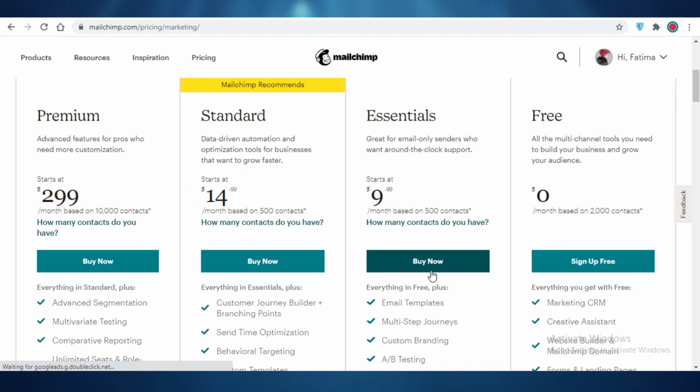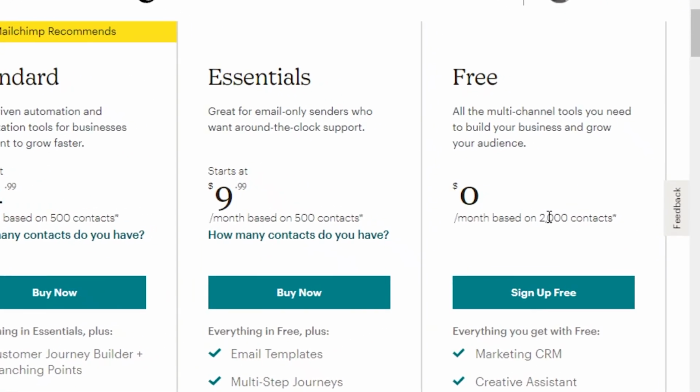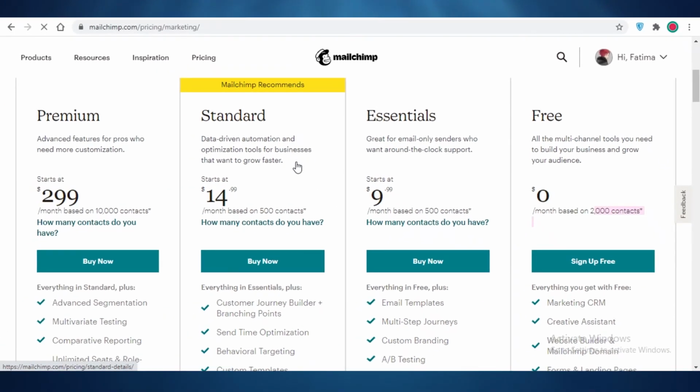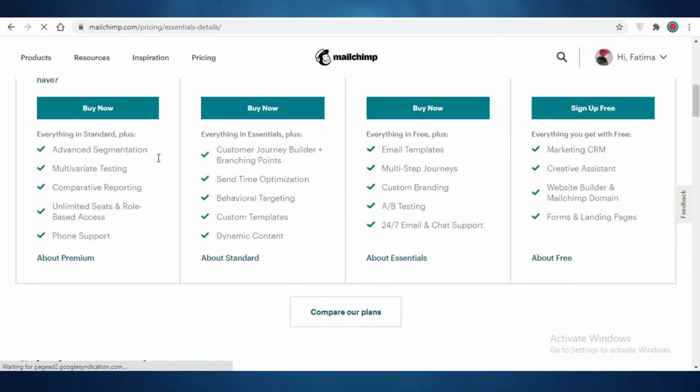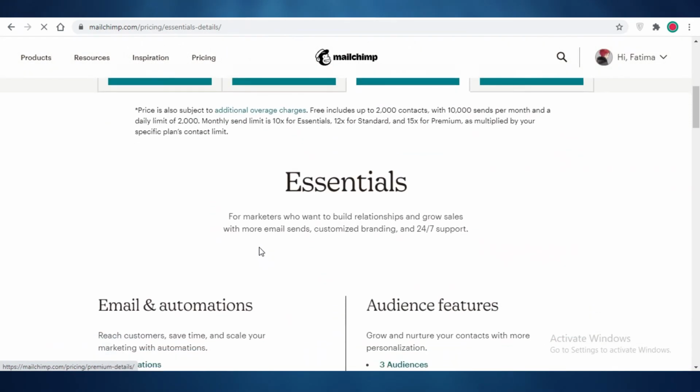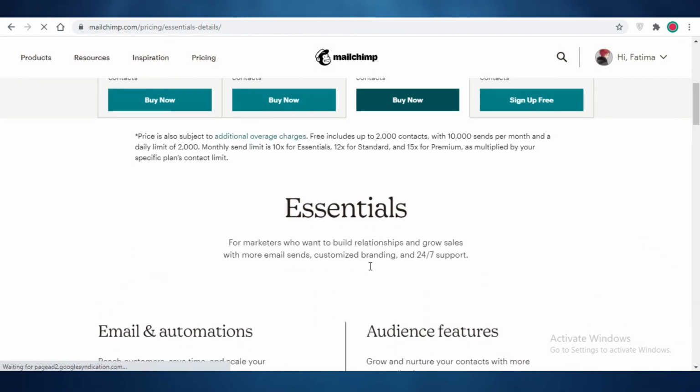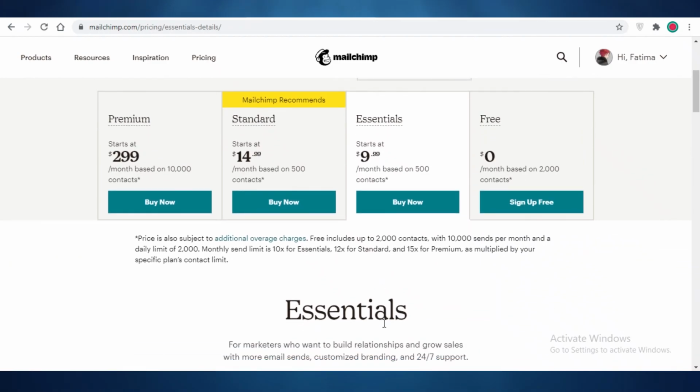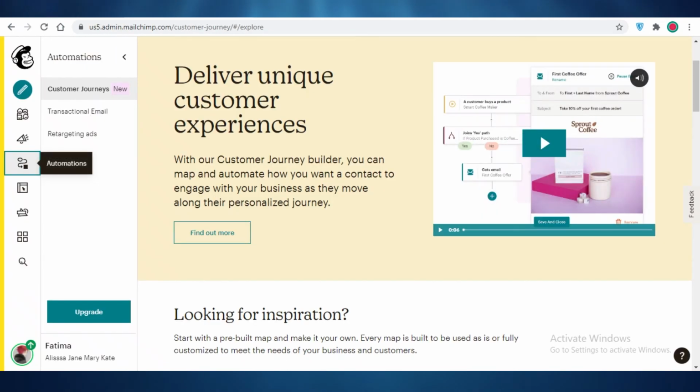Now, although I do find Mailchimp to be a very useful tool, the only limit that Mailchimp really has is that you can only send to over 2,000 contacts per month. So if you have an email list larger than that, you will definitely have to opt for any of their essentials or basic pricing plan, where you're going to get more people and where you're going to be able to send more emails per person as well. And with the free version, you can only send 10,000 emails, but that is pretty much enough if you're only sending to 2,000 people. Generally, Mailchimp is a great tool for email marketing,